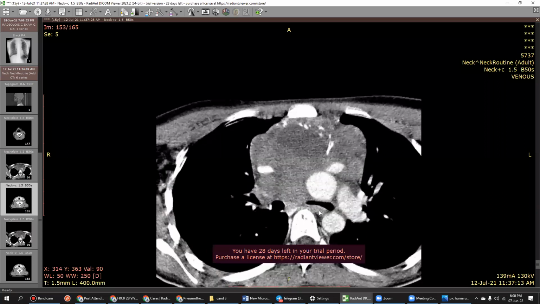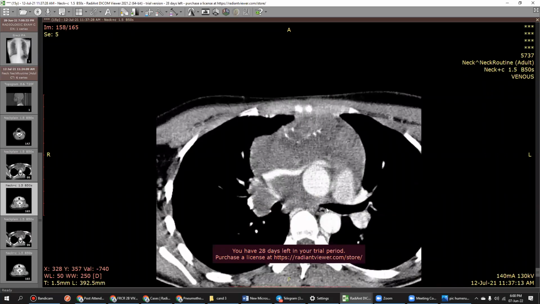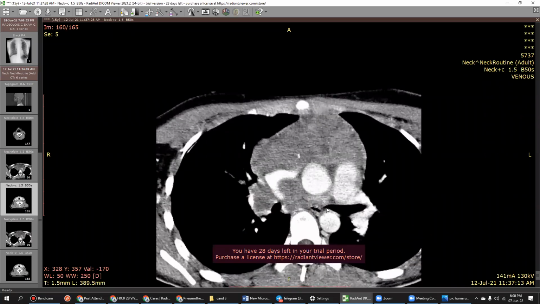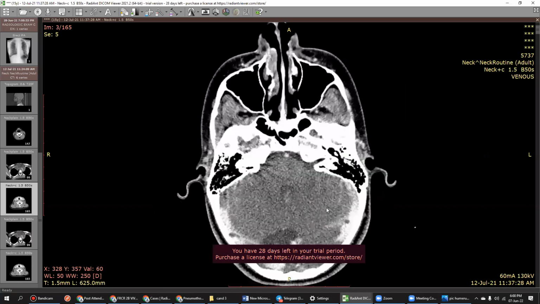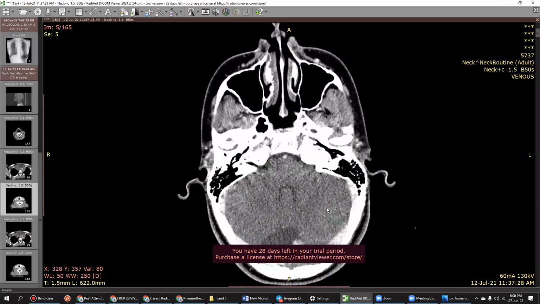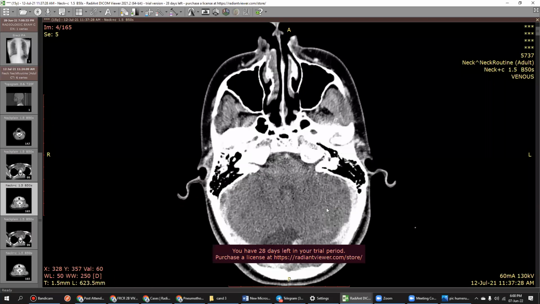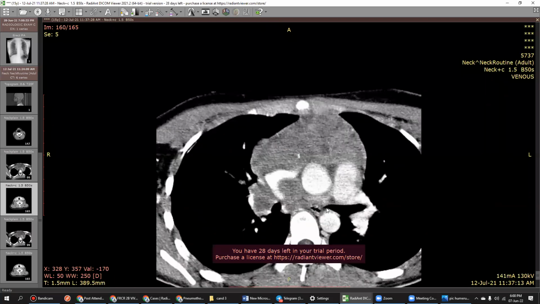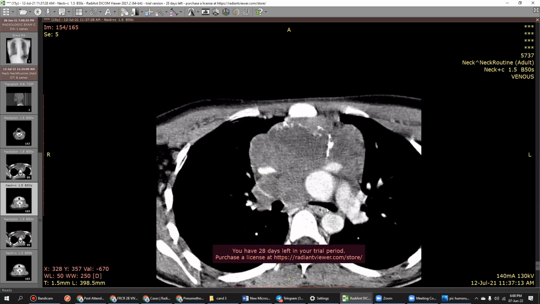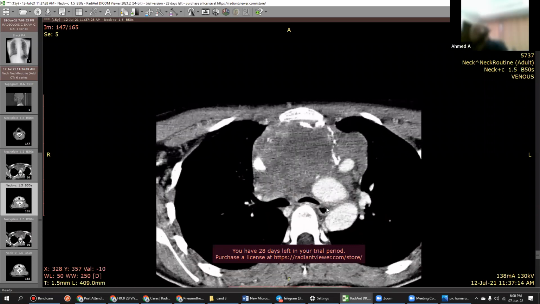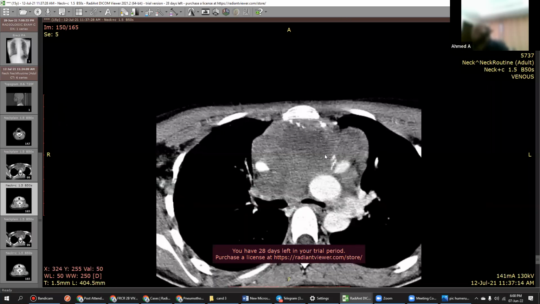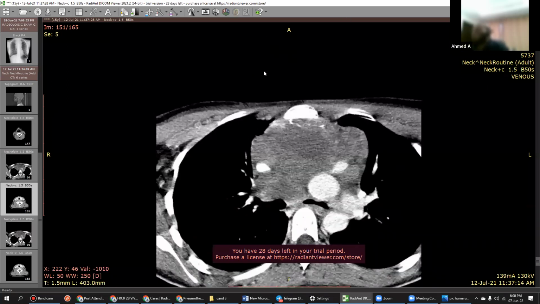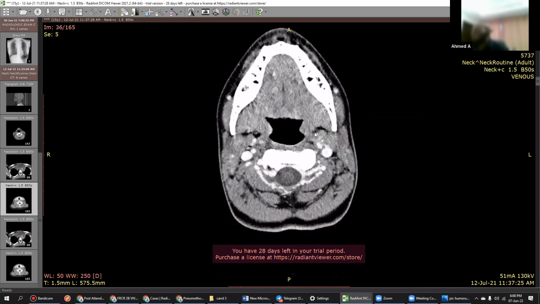So looking at the calcifications, I'm more in favor of a germ cell tumor. Teratoma is very classic, right? Yes. Teratoma, you have to tell it in this case because so much amount of bulky, chunky calcification is there. So you have to tell teratoma. Okay. This is a teratoma.